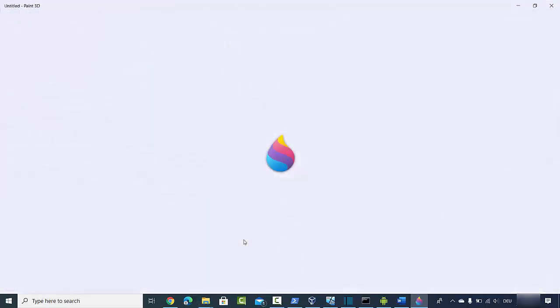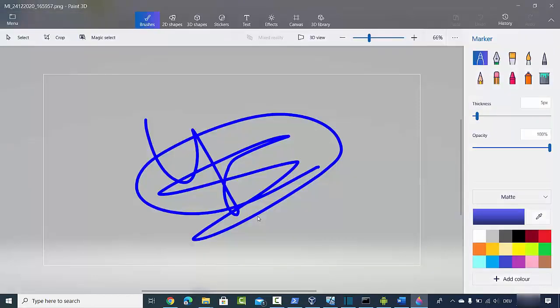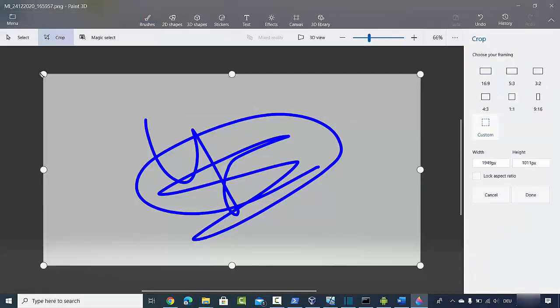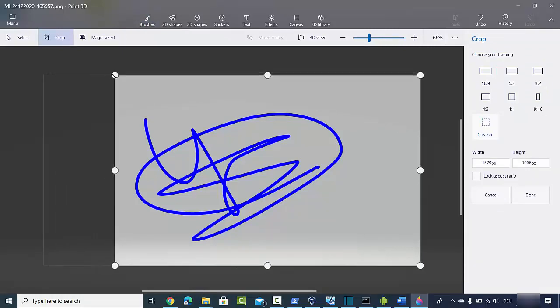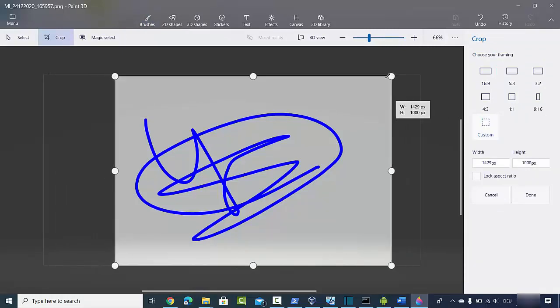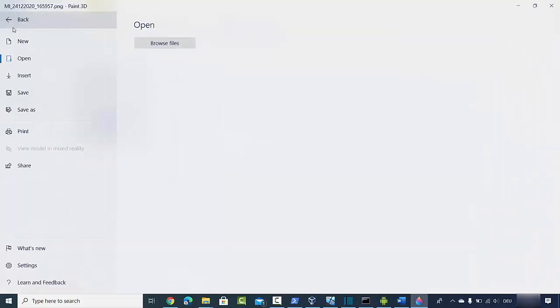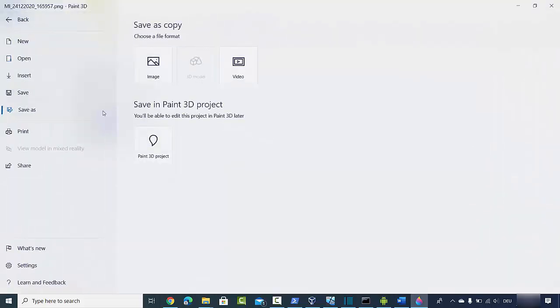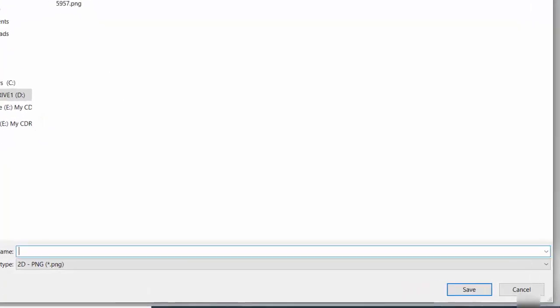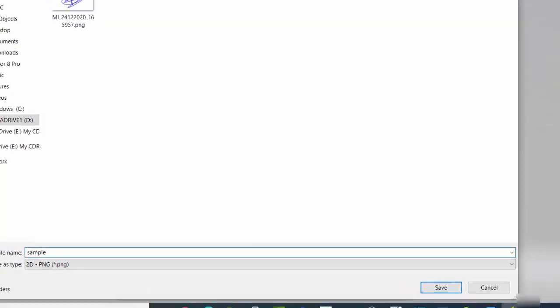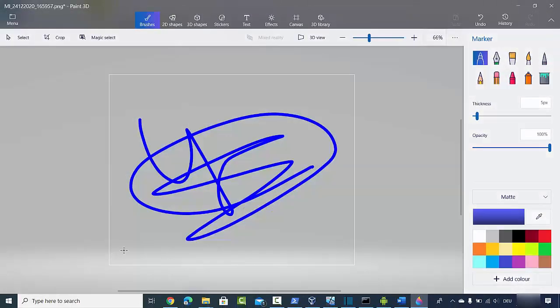If I want to crop this, I can choose this option and crop the signature like this. Then I have the option to save it. I'm going to click on menu, then save as, then click on image, give a name to your signature file, and save it. So this is how you can crop your signature.